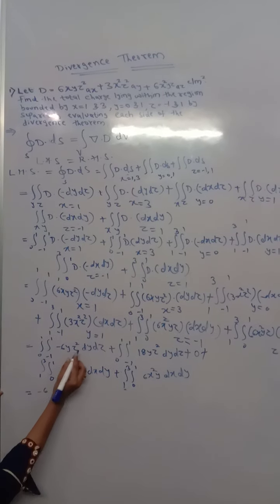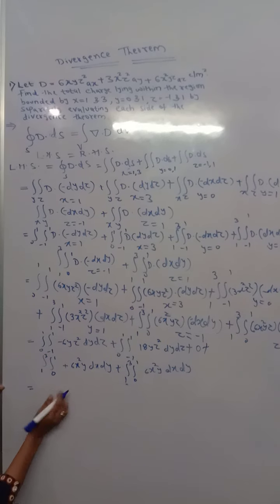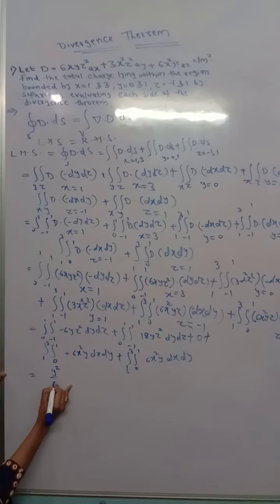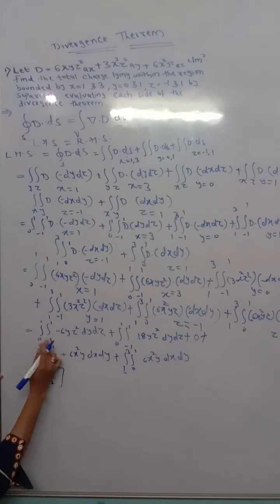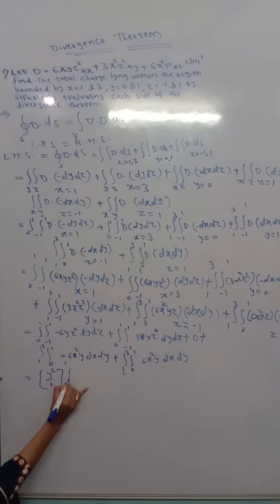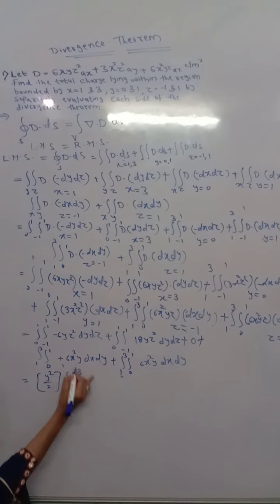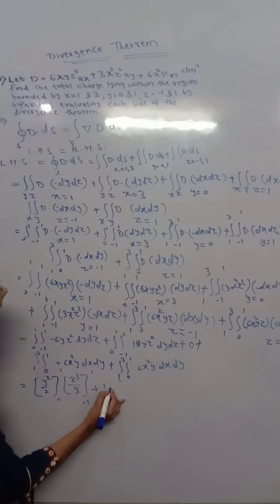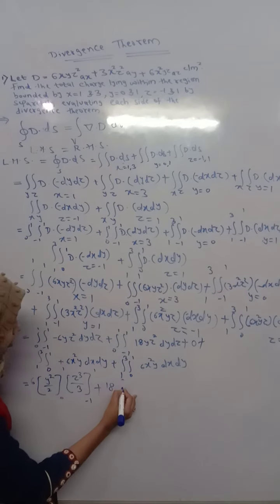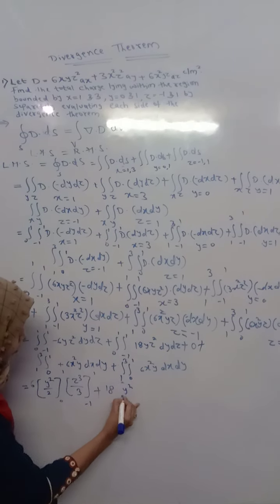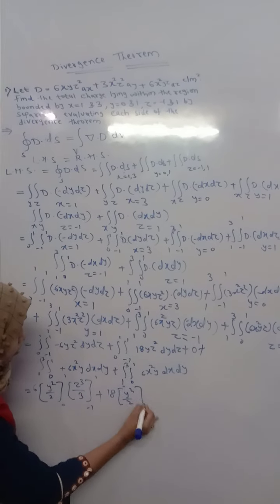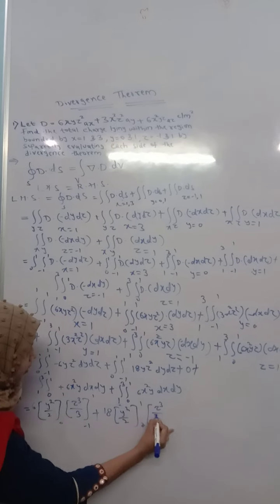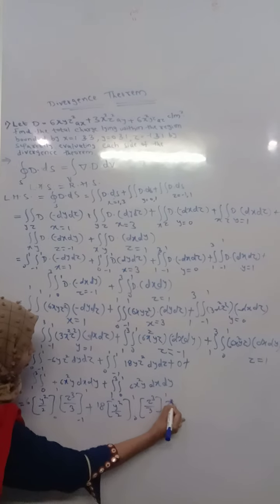Okay, so here will be the case, I am writing directly here. So 6 will be outside, y dy, so y square by 2. I'll just apply the limit for the y. Y is nothing but 0 to 1 and z is nothing but z cube divided by 3. Applied the limit minus 1 to 1 and here 18 will be outside. Here 6 will be outside and y will be y square by 2 and the limit will be y 0 and 1, and for the z square, that is the z cube divided by 3, the limit will be minus 1 to 1.